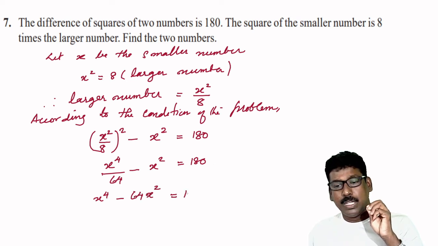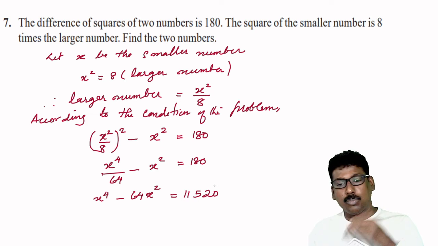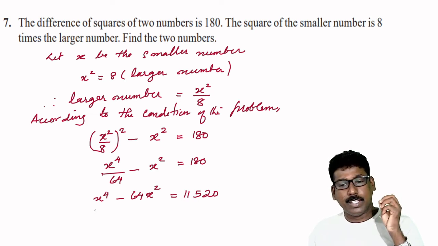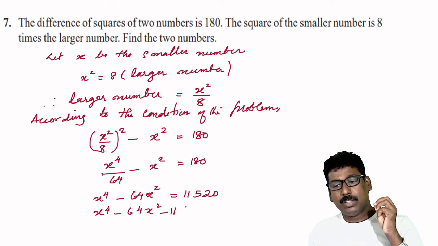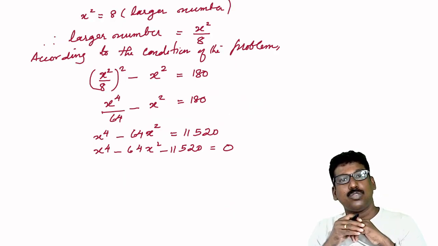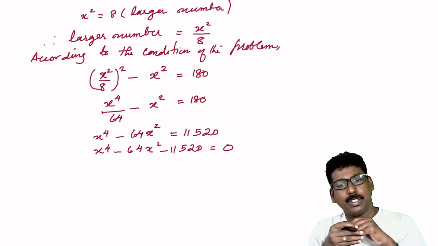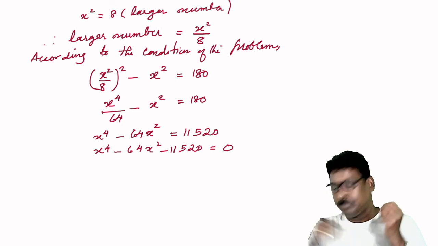is equal to 11,520. 64 into 180. Now transpose 11,520 to the other side. So it is x raised to 4 minus 64 x square minus 11,520 is equal to 0. How do you solve this equation? We know to solve the quadratic equation only. But you can make this into a quadratic equation. How? Let me take